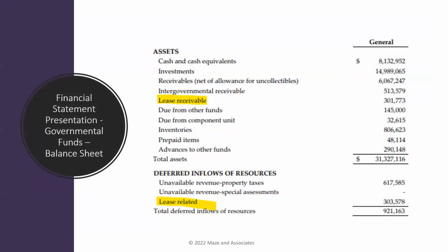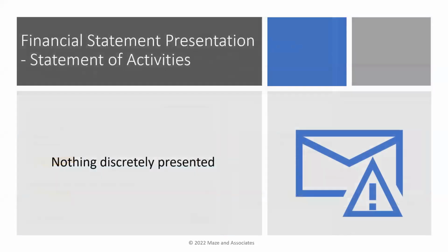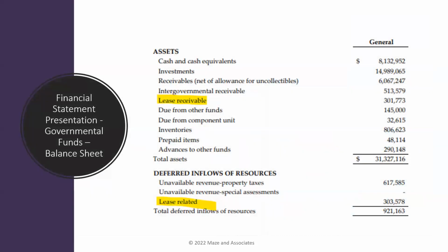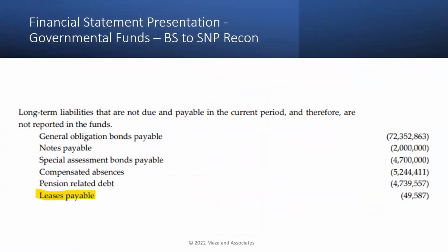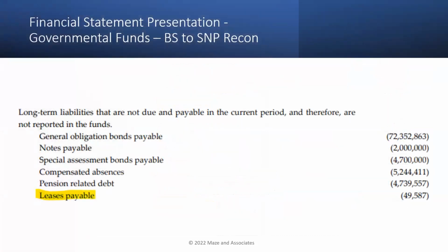And I got ahead of myself a little bit when I was talking about the balance sheet. This first tab was for the statement of net position, and I got off on a tangent talking about governmental funds. So the governmental funds balance sheet, that's where you're going to show lease receivable and offset with the deferred inflows when you're the lessee, or excuse me, the lessor. Speaking backward. And then you'll also have a reconciling item for any leases payable if you have those, if you're the lessee, goodness.